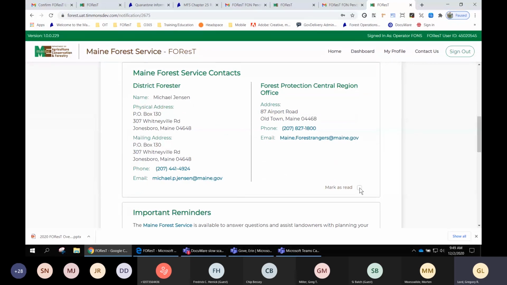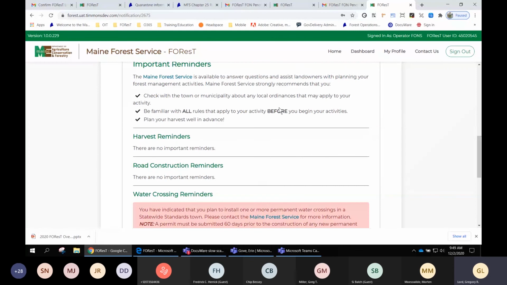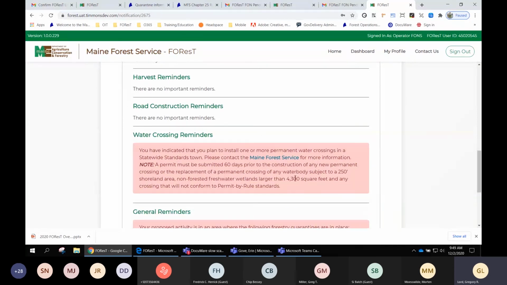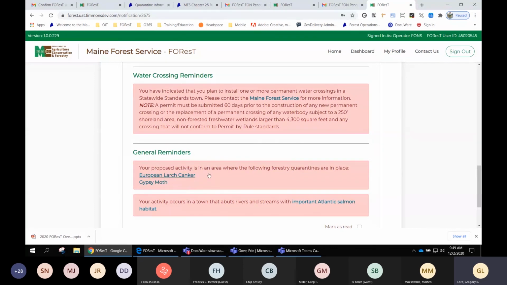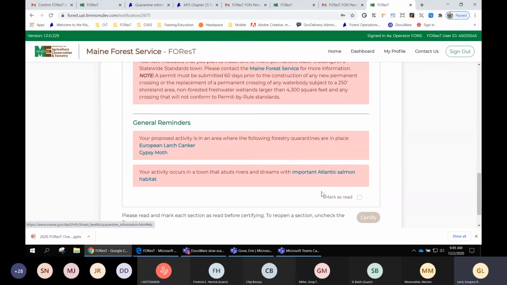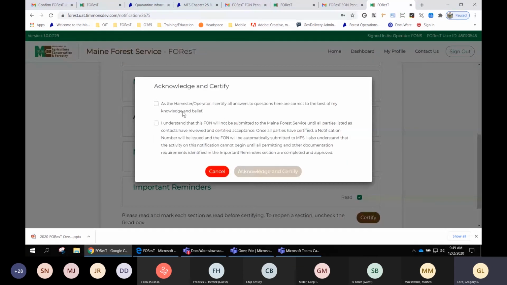Forest Service contact information. And the exact same important reminders as the other 2, the landowner and designated agent, saw. And then general reminders, other information, quarantine and wildlife. Again, Certify isn't active until you have marked read on all of them. Click Certify. And in this case, there's only 2 things. You just need to say I'm the harvester operator, and I certify that the questions are correct to the best